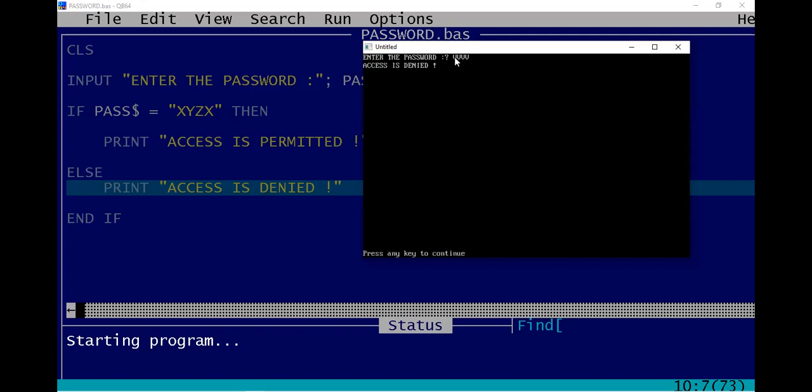That means these four V's do not match our current password variable value. And that is why the control is passed from the if statement to the else statement, and the compiler is executing it with the help of the print command. The message will be access is denied because this password does not match. That is why the first statement is false and it passed the control to the else statement. And finally the compiler will give you the output, that is access is denied. Thank you very much.